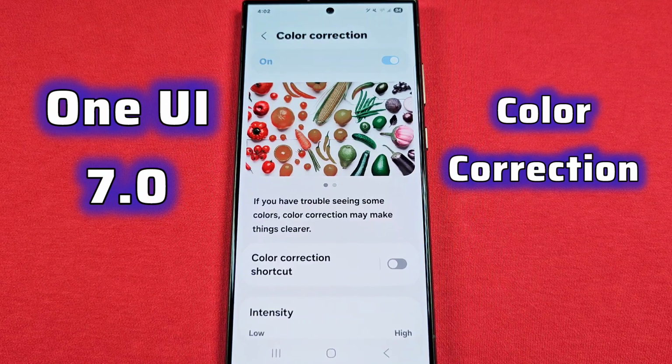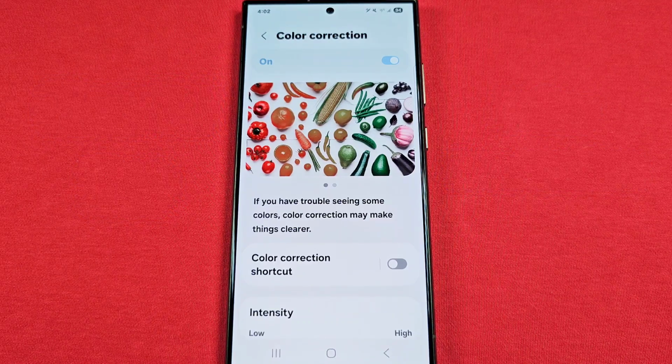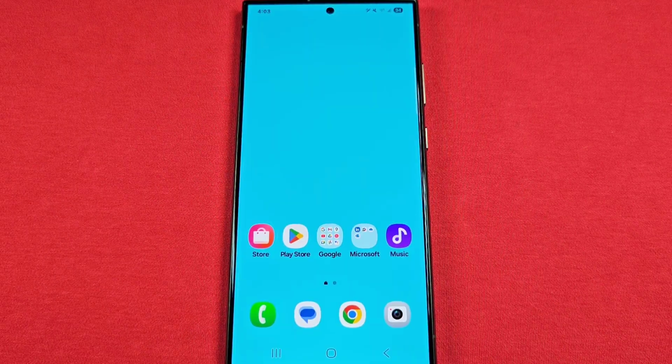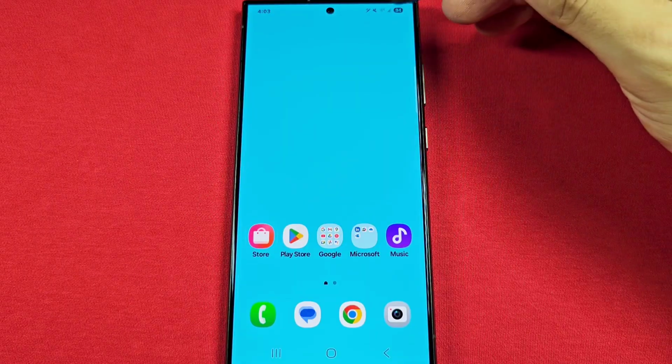How to enable color correction, and of course where to find it. This is with Samsung phones running Android 15 One UI 7.0. If you're interested in having another color to view on your display, such as color correction, or you just simply